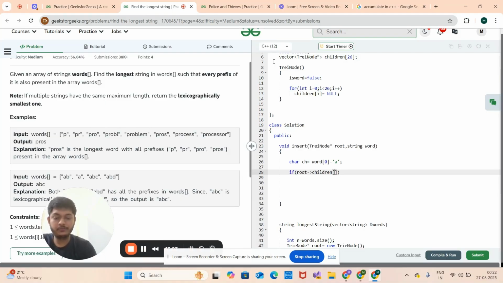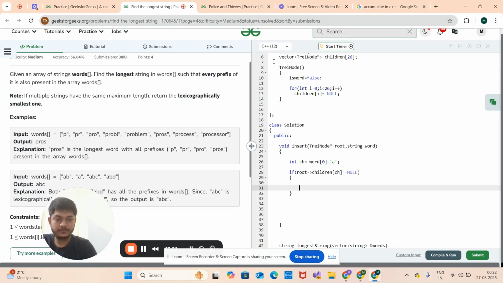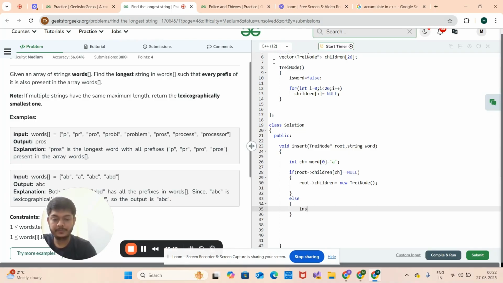So there will be two cases. If root of children of ch, which will be an int, not a character, because we have 0 to 25 it will map, is equal to null, we'll say root of children of ch is equal to new trie node. Else, we'll say